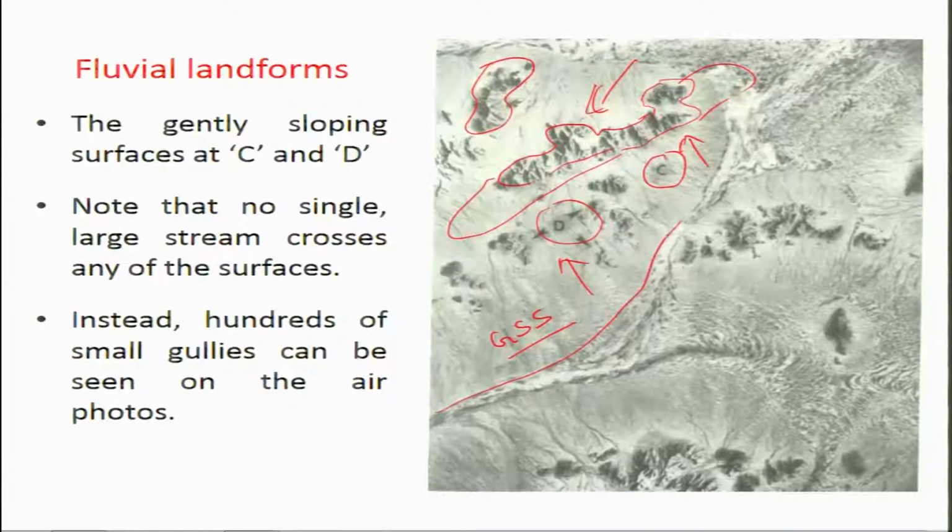And here we can note that a single large channel kind of feature is very prominent. Here also we can notice some changes in the slopes downward. Where we get such topographic relief, we can also find some radial drainage patterns. How they look you will see in the other photographs.